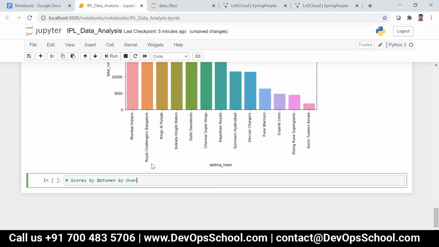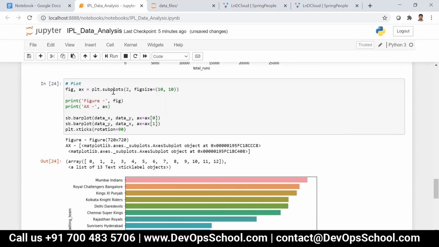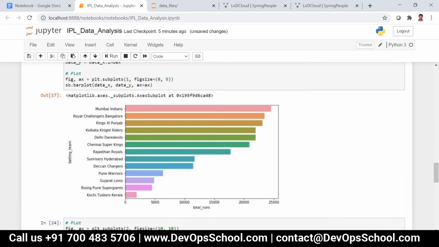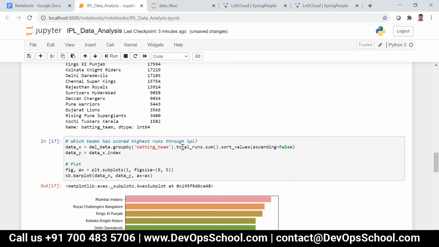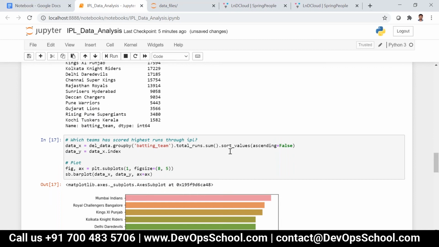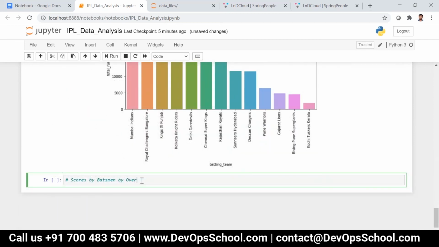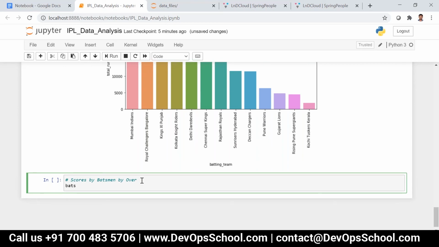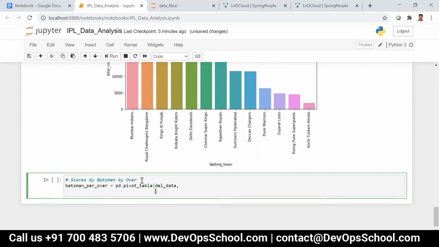So here we have covered how to draw some subplots, and then how we can group by, and then how we can find all the sums. Now we are going to see how we can construct the pivot table from the data frame. So now I'm writing batsman per over is equal to, I can say pd.pivot_table. The first parameter is the data frame, that is delivery data, and then what values need to